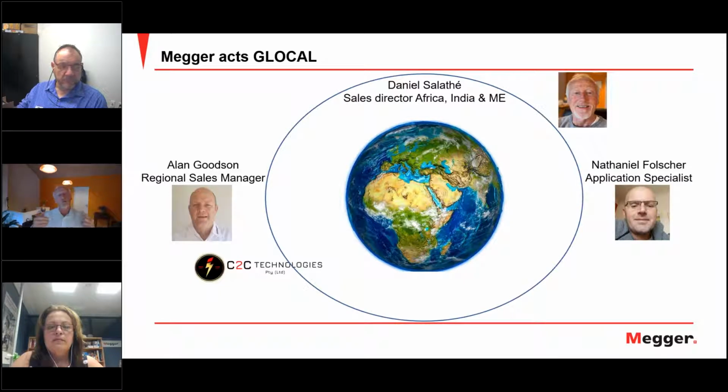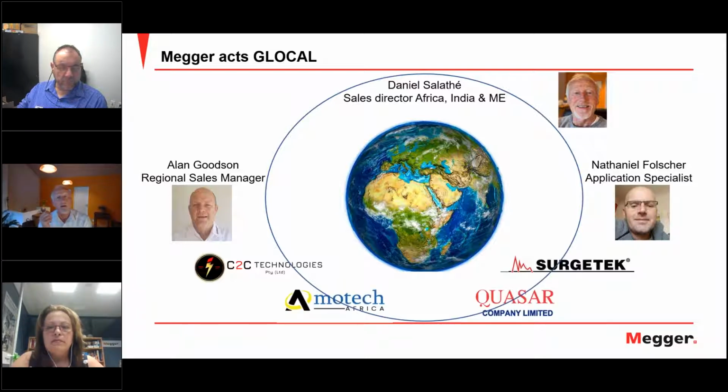Then for the day-to-day business interaction between Megger and our local customers, we have regional partners taking care. One of these regional partners is Coast to Coast Technology in South Africa. Then another regional partner, also from South Africa, is a company called SearchTech. Then for East Africa, we have Amotech, which is a Kenyan company taking care of the East African market. And last but not least, we have a company, Quasar. They are taking care of our Indian Ocean business,